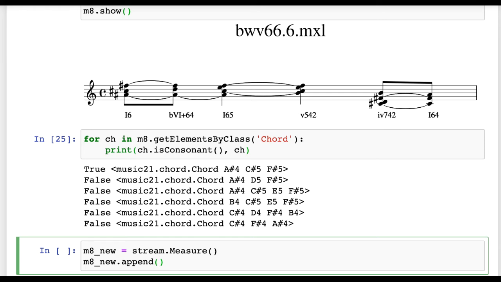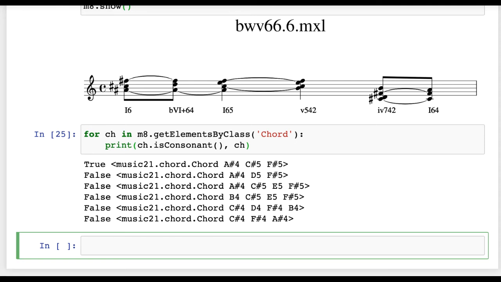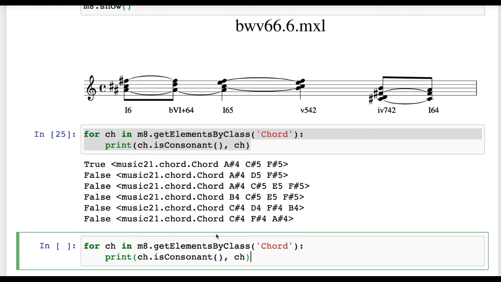So what we could do is we could create a new stream and start putting all of the chords in, and then let's replace that back into our original, or we can start copying things and putting them in. But after thinking aloud at the keyboard for a little bit, I decided I was going to just go through and let's just remove all the chords that are not consonant. So every stream has a nice little remove